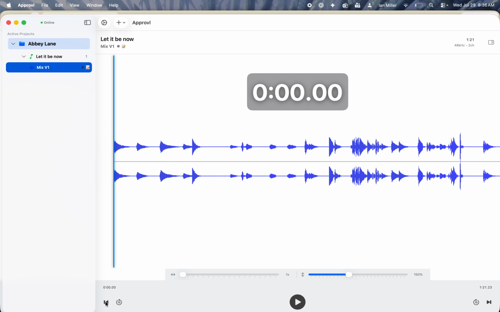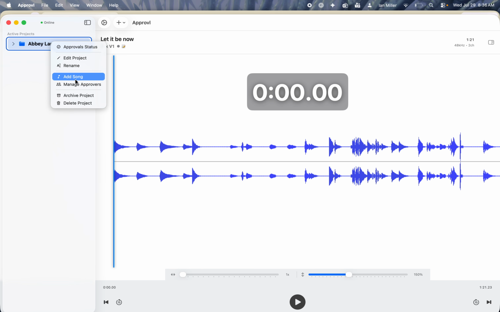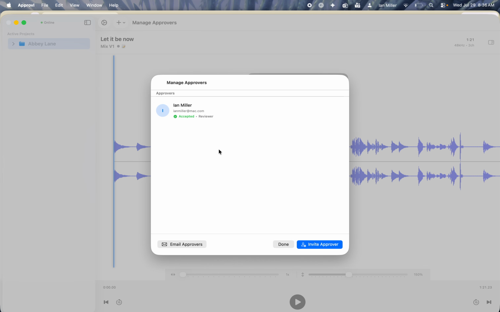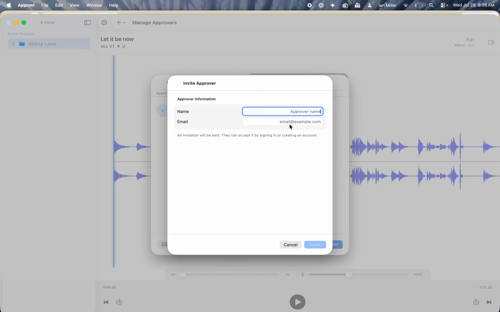So I've got the producer view right now, and what the producer would do is first of all go into the project and manage approvers. And the approvers page, I've got myself loaded there. The approvers page allows the approver to be invited. You enter the name and the email address, and then an email will go out to the approver